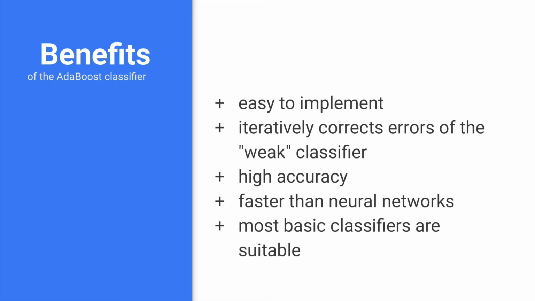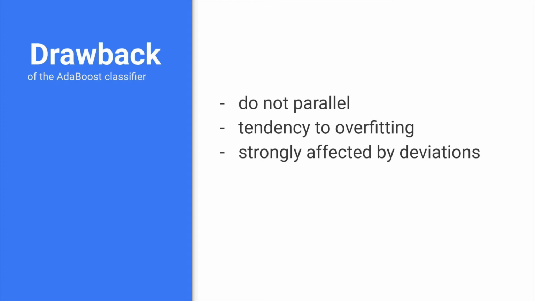As the construction time of the composition is almost entirely determined by the learning time of basic algorithms, ease of implementation, good generalization property, which can be further improved by increasing the number of basic algorithms, and the ability to identify outliers, the heaviest objects xi, for which in the process of increasing the composition the weight takes the largest values. Its disadvantages include the fact that AdaBoost is an algorithm with a convex loss function. So it is sensitive to noise in the data and is prone to overfitting compared to other algorithms.